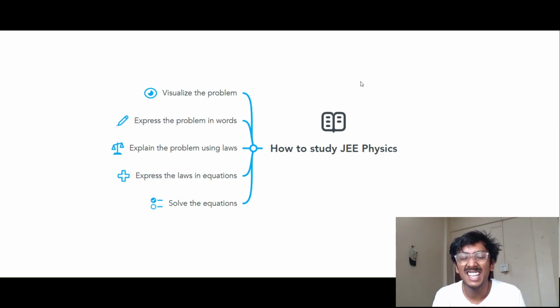Visualize, express, explain, and solve. That's all you need to do. This was a small overview of how your physics is going to be dealt with. And these 5 simple tips that you start off with will give you a strong edge towards being able to score it absolutely amazingly in your